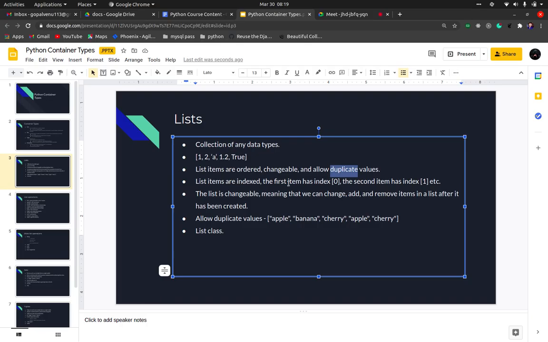So that is basically how lists are defined, and all the list items are indexed. Okay, so because of the indexing only they are ordered. Since they already have proper indexing, they won't interchange those index values, right? And the first item will always be indexed with 0. Okay, and the second item is 1 and so on, right?